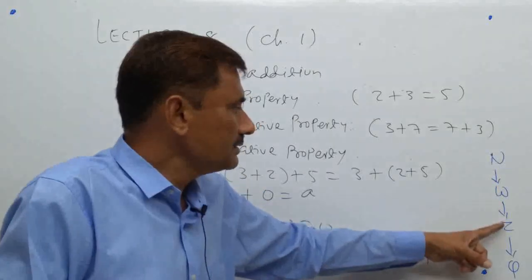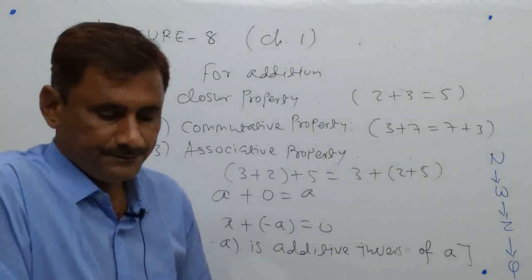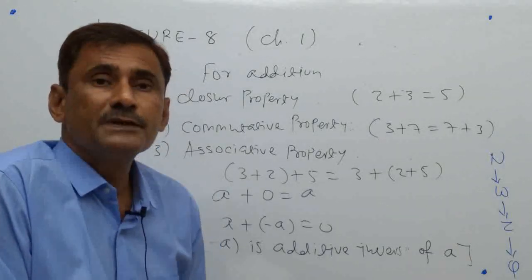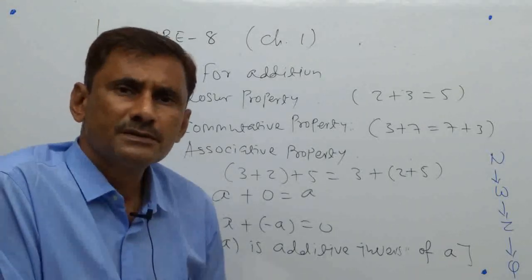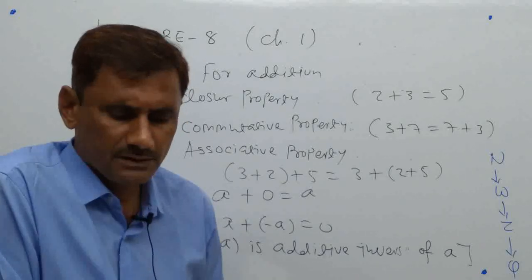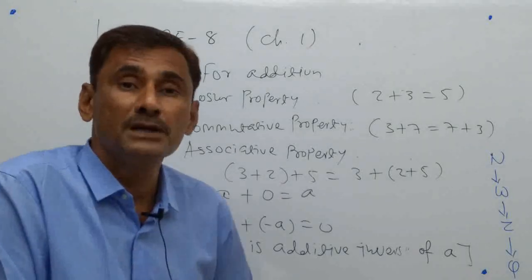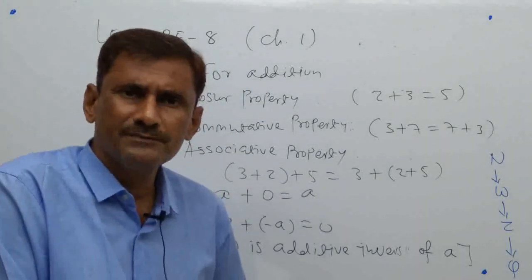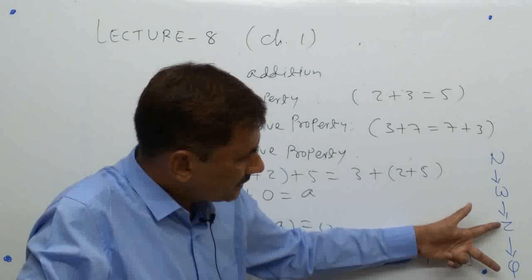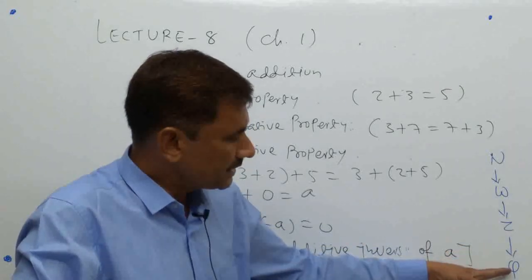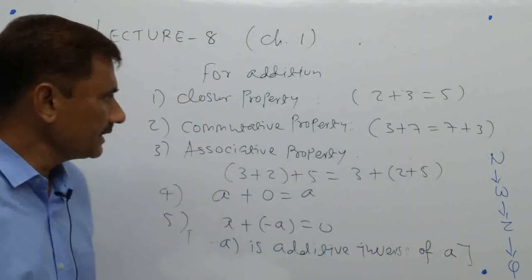Natural number, whole number, integer, rational number. Okay, just remember yesterday's topic also. 0 is a rational number because, why is 0 a rational number? Any number denoted by P by Q form is a rational number. So 0 by anything you can write. 0 upon 13, 0 upon 1000, upon million, billion, whatever you write, it will be 0 only. Every integer is a rational number, but every rational number is not an integer. Okay, same way I write here only.